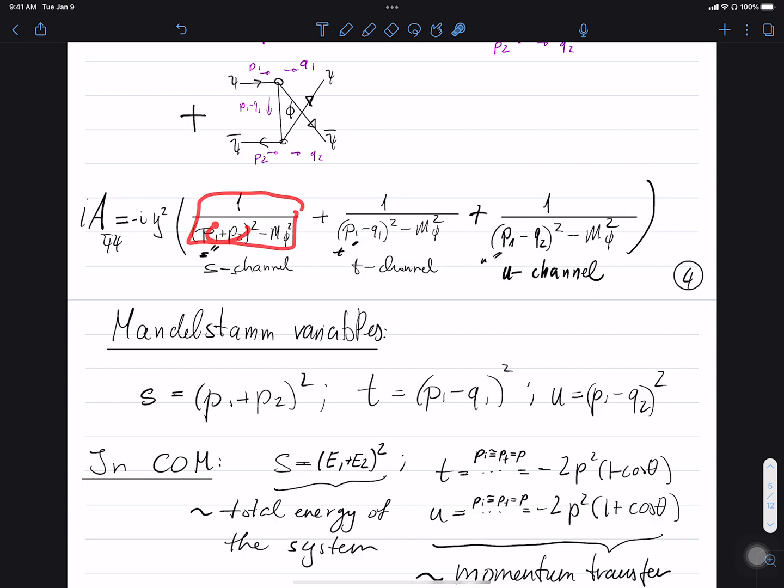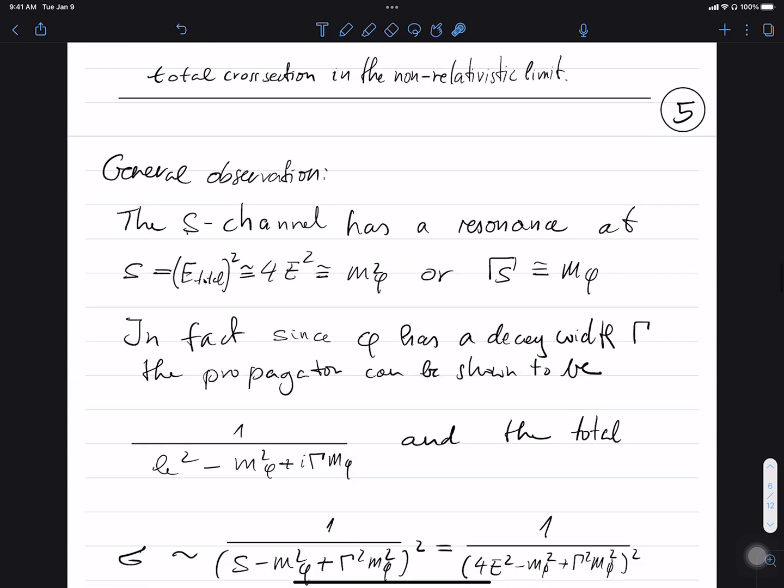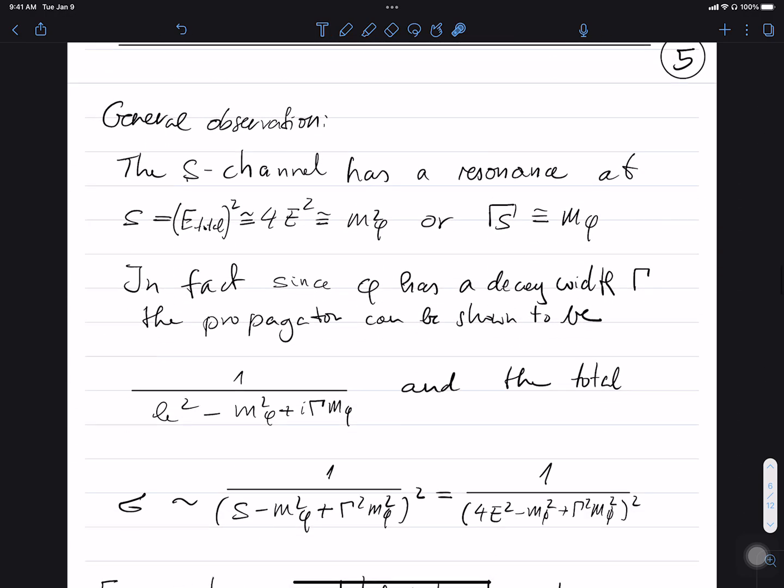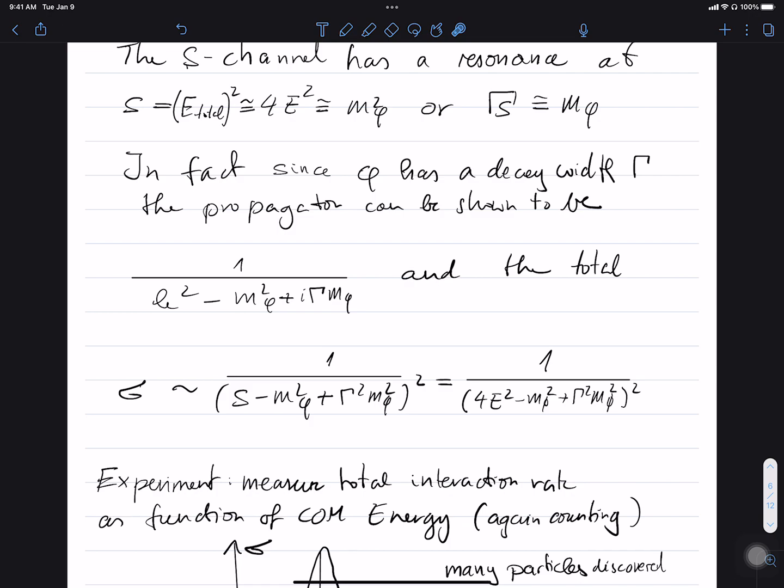Really, if this denominator goes to 0, the function diverges, so the amplitude becomes infinite. However, it's not really infinite. One can show that since phi has a decay probability back into psi psi bar, for example, we know that the propagator behaves as k squared minus m phi squared, so here s minus m phi squared,